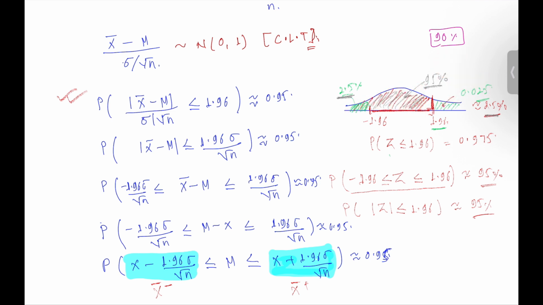And if you look at the probability that this z is less than or equal to 1.645, if you look at the standard normal table, then this probability will be equal to 95% or 0.95,